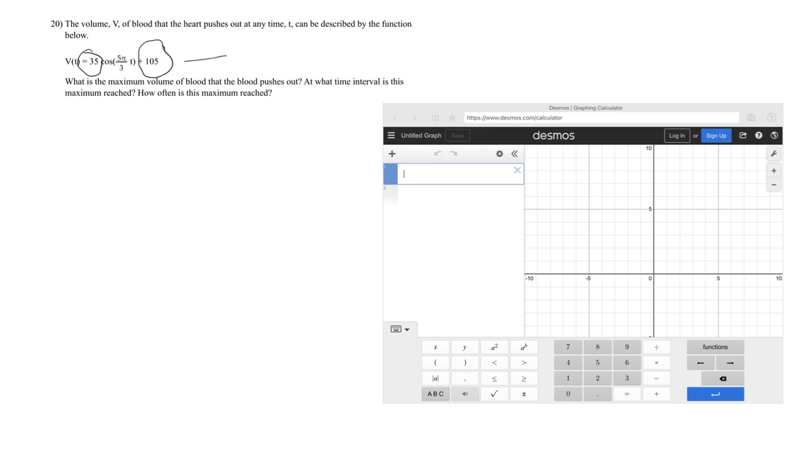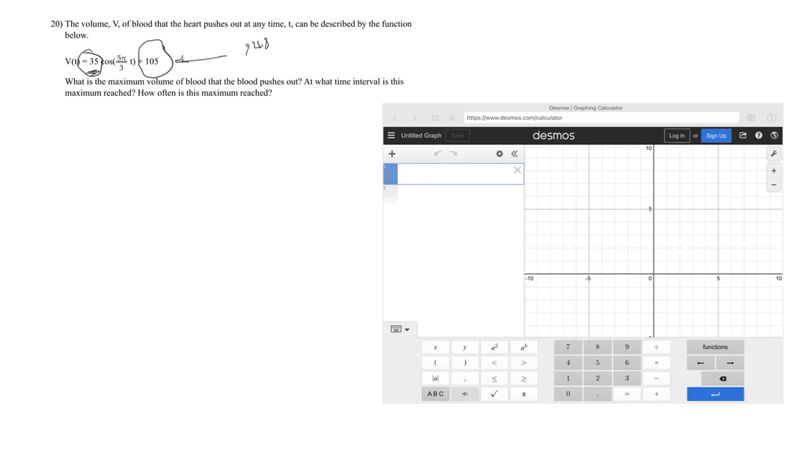So this 105 means that it starts, instead of at 0, it starts at 105. And then this 35 means it goes 35 past that. So 105 plus 35 would be 140. So you could do that, or you can just graph it. So if you go into decimals here,